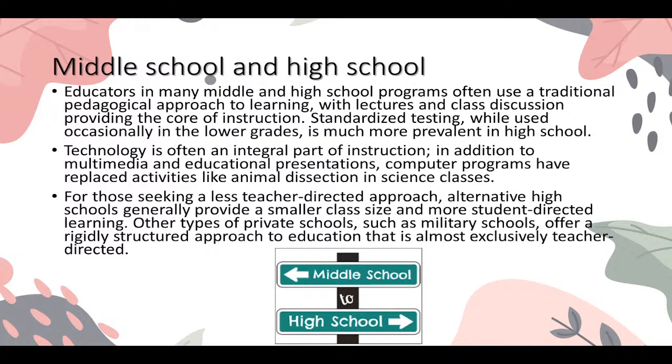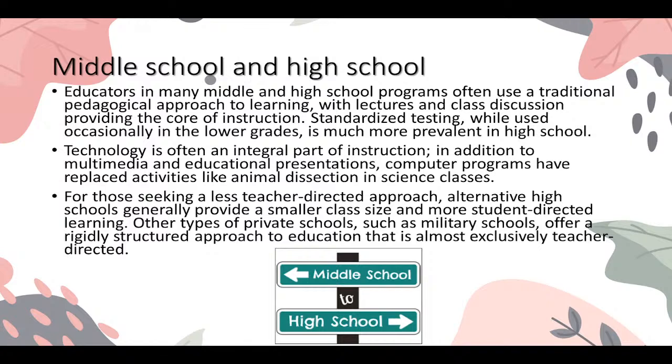In addition to multimedia and educational presentations, computer programs have replaced activities like animal dissection in science classes. For those seeking a less teacher-directed approach, alternative high schools generally provide smaller class size and more student-directed learning. Other types of private schools, such as military schools, often have a rigidly structured approach to education that is almost exclusively